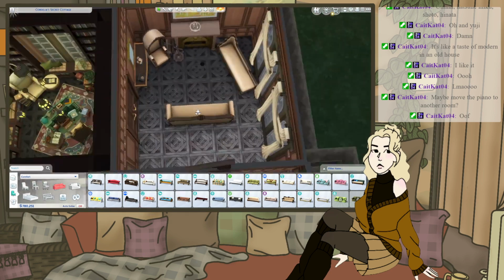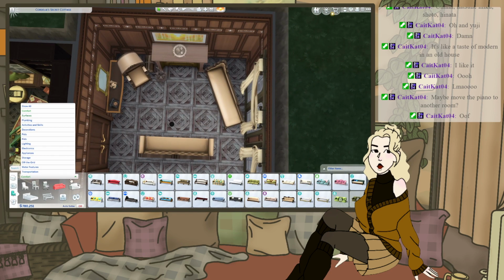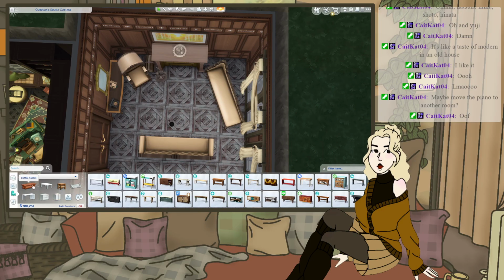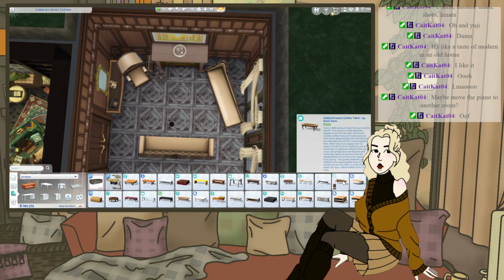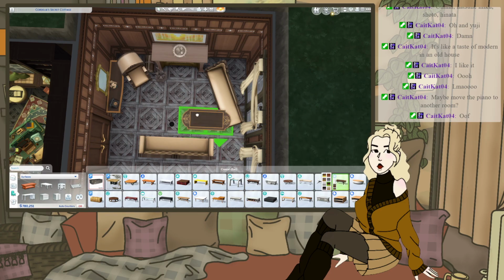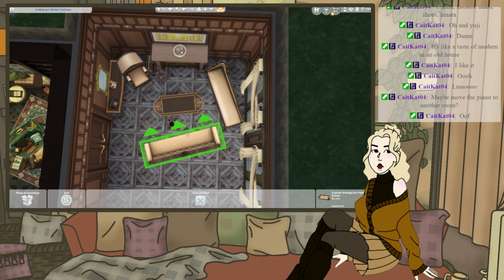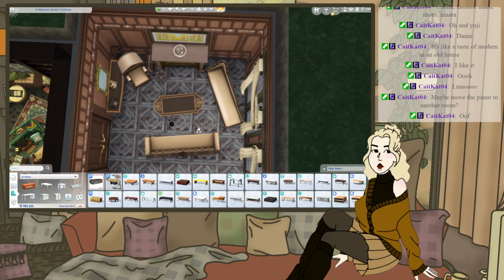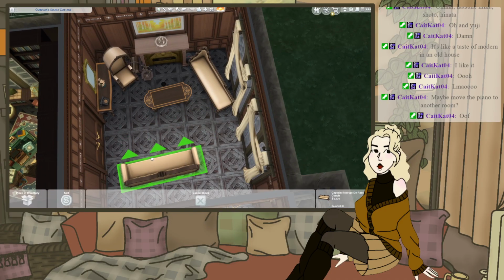I don't know. Hold on. We'll try it out. We'll see. Surfaces, and then we want coffee tables. Okay. There's this one. See, because I feel like that then needs to also be on a slight angle, and then this can be like slightly moved over. But even still, that doesn't...